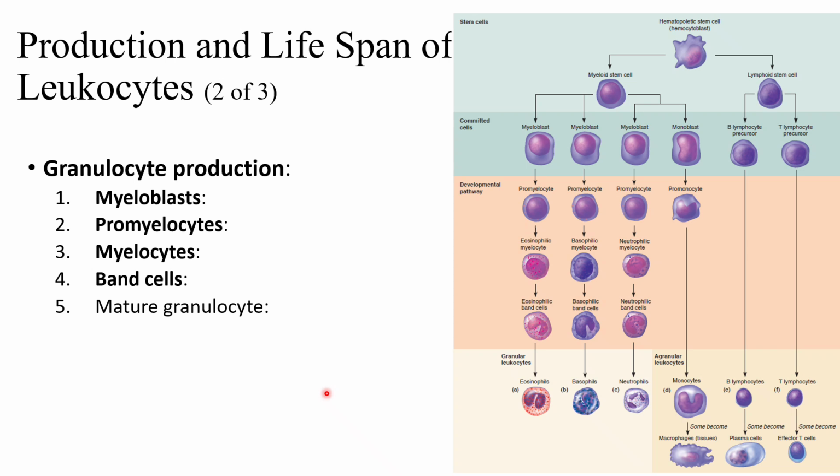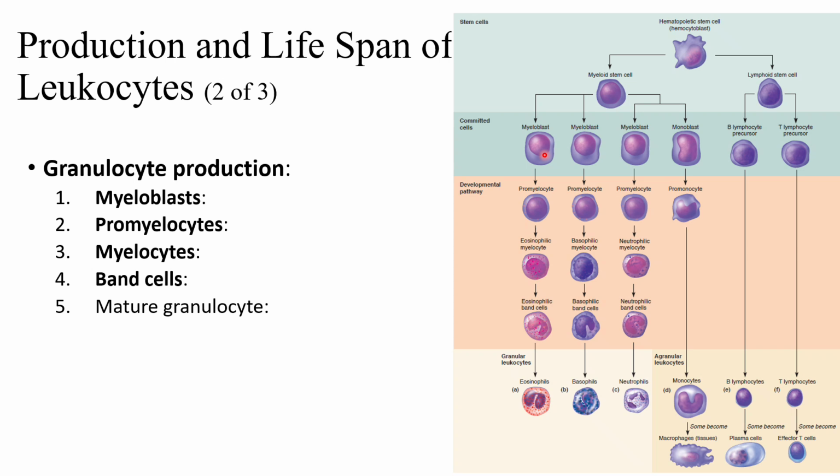So let's take a look at the production itself. The hemocytoblast gets to be stimulated, okay, and the myeloid stem cell is now going to be the precursor that's going to be producing. And from this myeloid stem cell, which is already committed or slightly committed, it will again be stimulated by colony stimulating factor